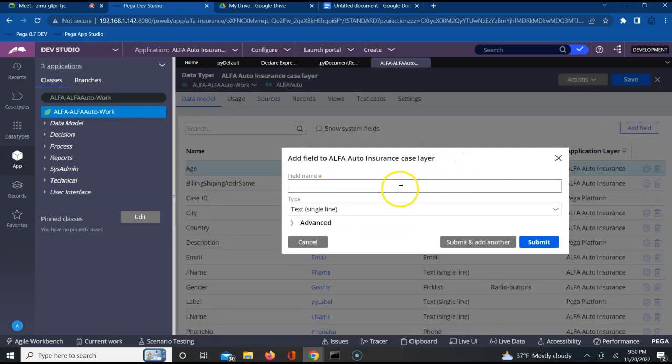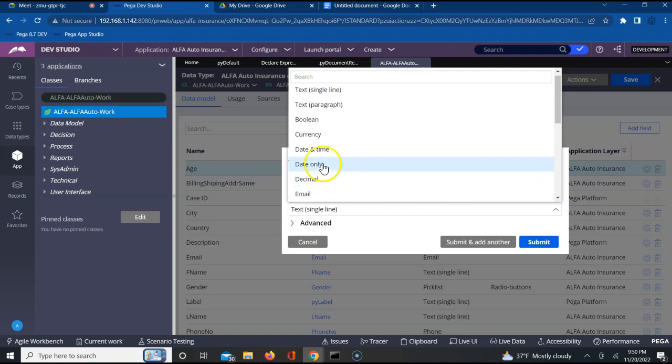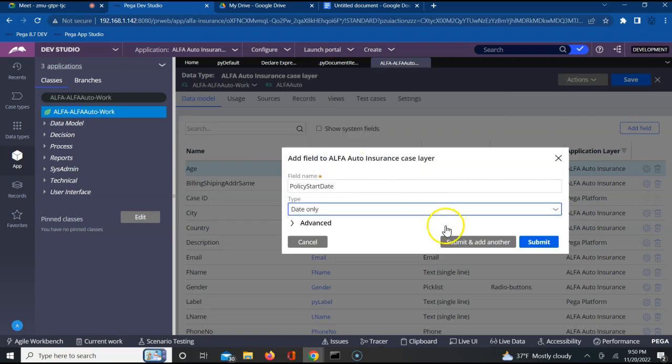Let me add a field and I will say policy start date. Okay, and this has to be a calendar control or a date. So let us see if they have anything for date. Okay, date only. Let us take date only. Submit another,